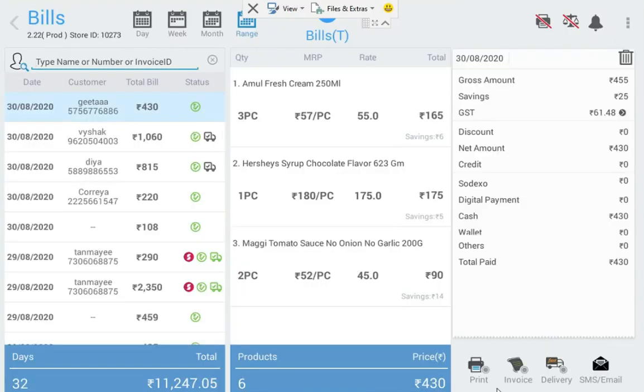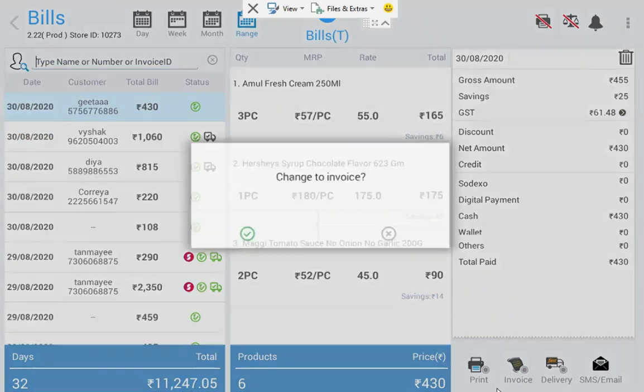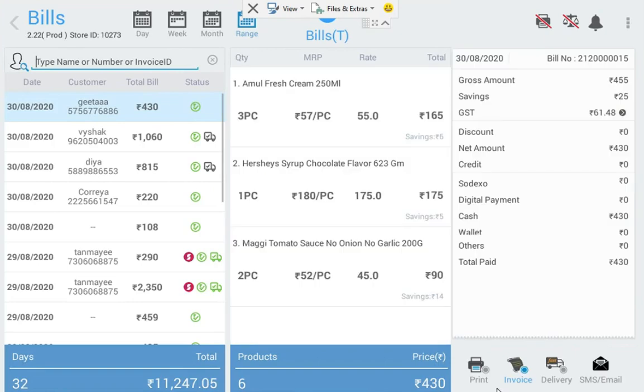And here the retailer has an option to delete the estimate bills if he wants. The retailer also has a provision to convert the estimate bill to invoice bill if he wants. Now here he can also edit the bills, and the bills that are older than 14 days can never be edited. So this can be done only for the bills which are made within 14 days.